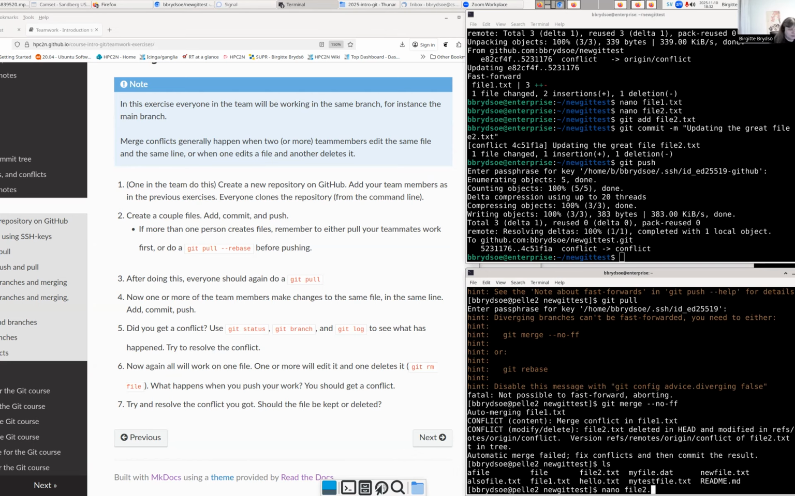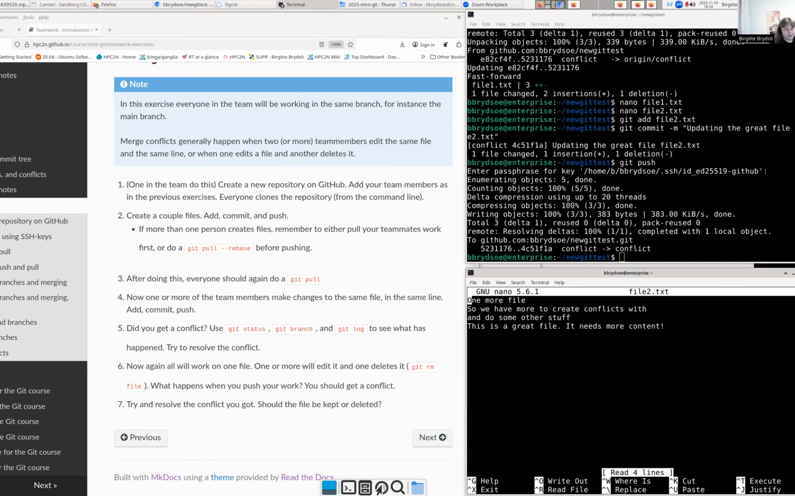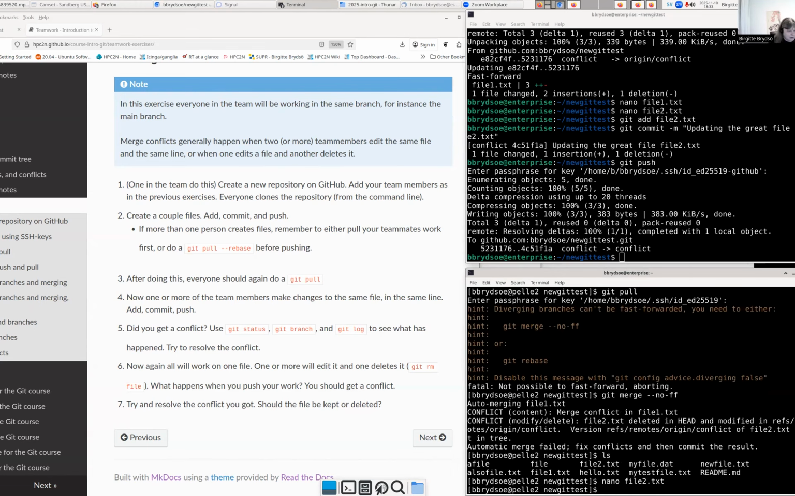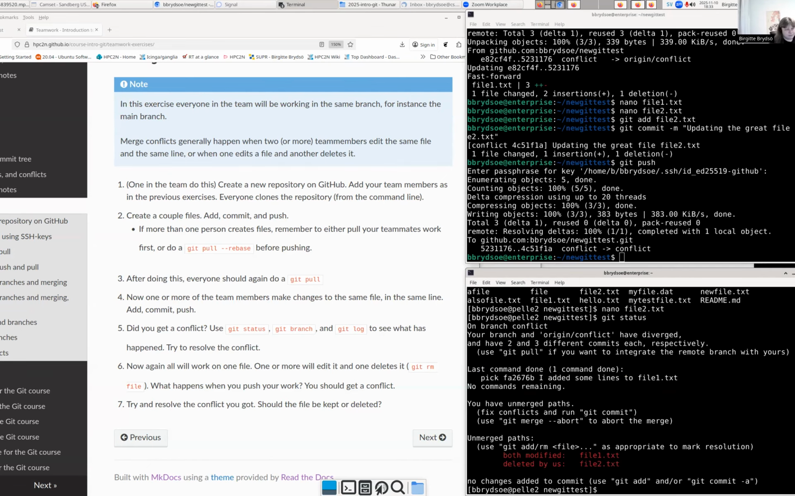So I'm looking at it. I'm opening file 2 text, which is now back. And I can now see that this is the content my coworker added. They added a file that says this is a great file. It needs more content. But I had deleted it. Same status. And git status it's telling